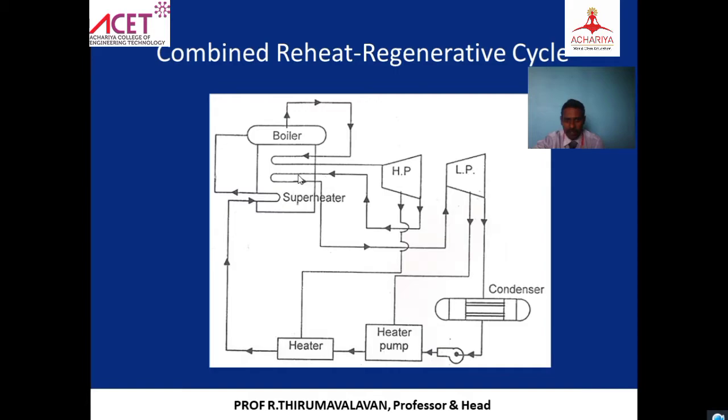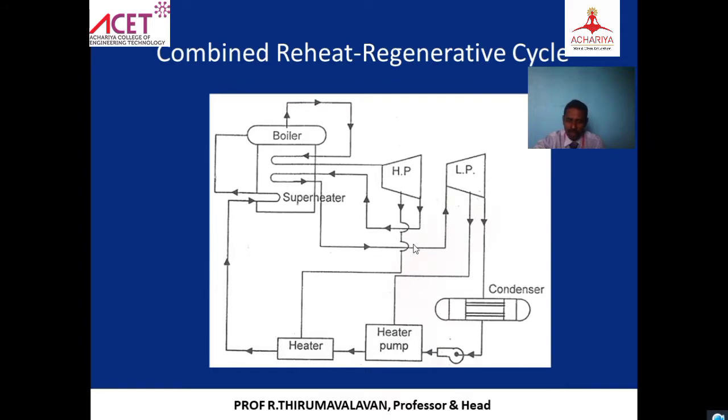So see here the same thing we explained before. Coming out from the high pressure boiler, some steam is going for the reheating process. See here, it is going for reheating, and then it is going to the low pressure stage. Some part of the steam is taken out from the high pressure stage, goes to the superheater again, and comes to the low pressure. And here some steam we are bleeding out in the high pressure stage, and it is going for preheating the water.